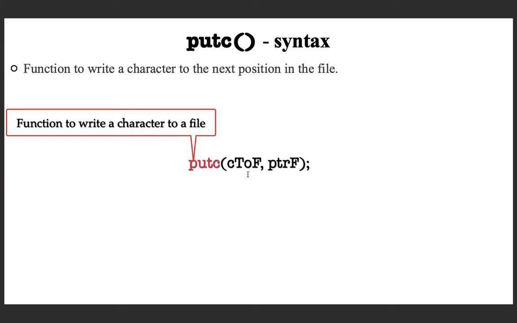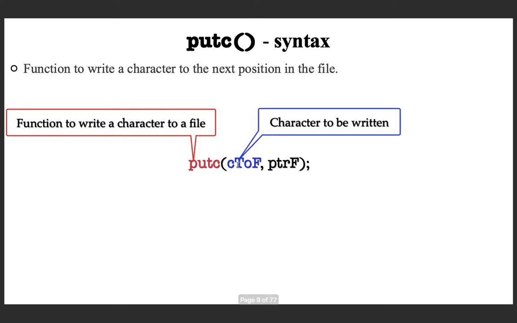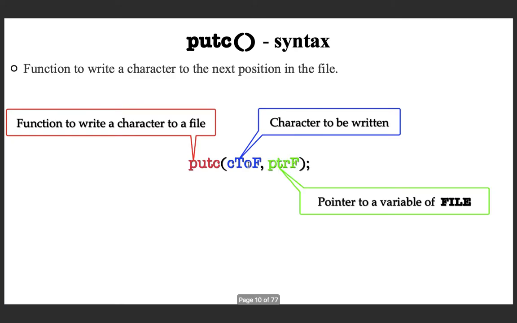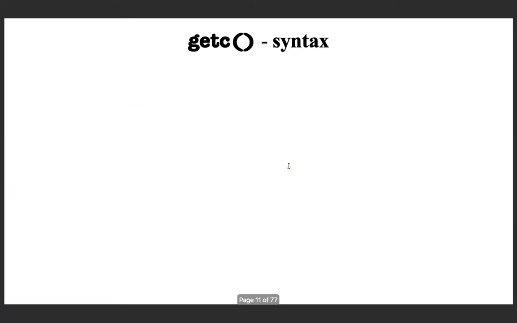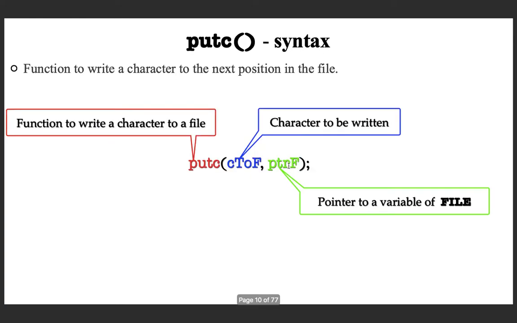The first argument is the character to be written. Then you have to say to which file, which is represented by the file handle returned by the fopen function. That is putc, a function to write a character to the file.